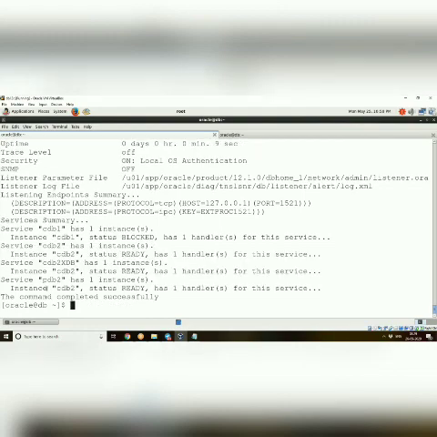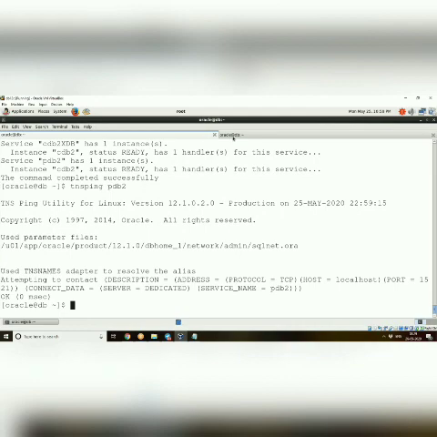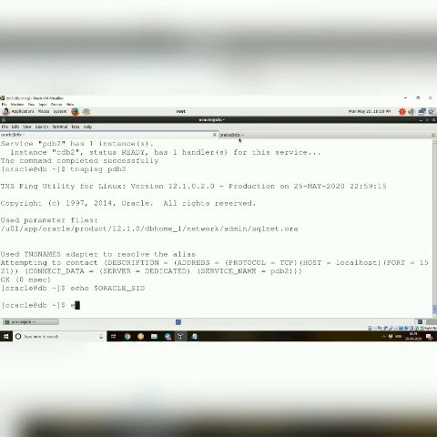TNS ping will check. So it's pinging. Fine. So now rman, where I'll echo my Oracle SID. So I have to export it. ORACLE_SID is equal to CDB2, rman target /.